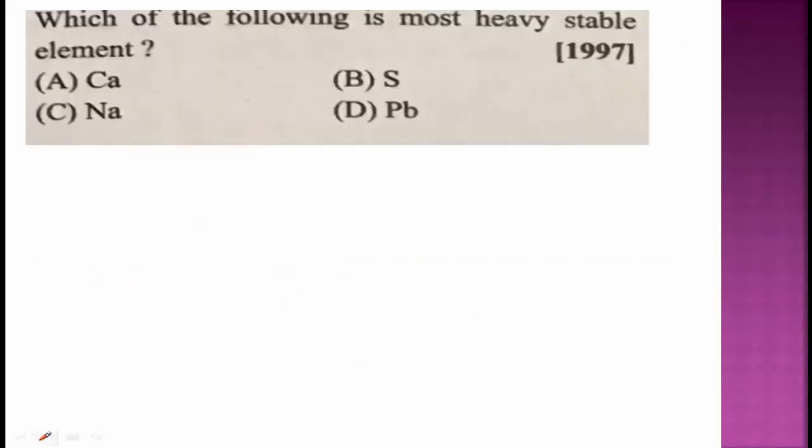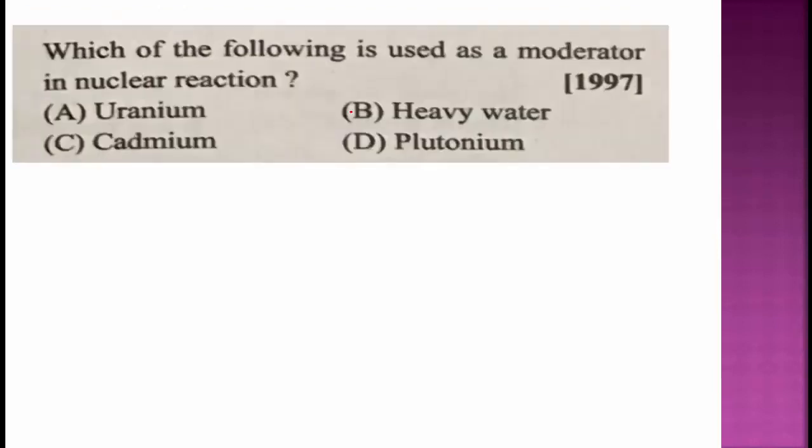And the next question is, which of the following is the heaviest stable element? Calcium, sulfur, sodium and lead. Among these given elements, using the properties of the binding energy curve, lead is the heaviest element. Lead is the heaviest element. This you have already studied in your theory classes. And the next concept is,